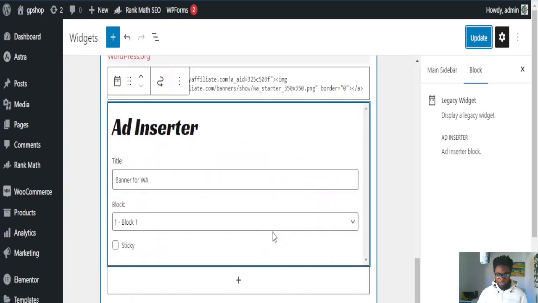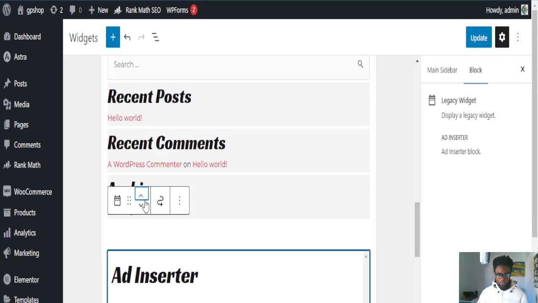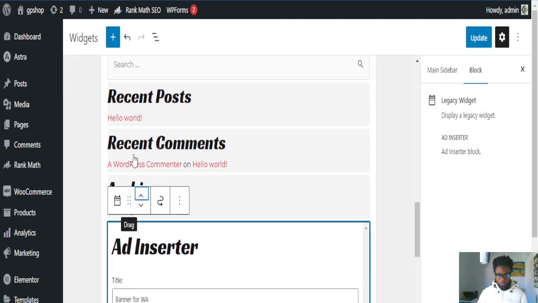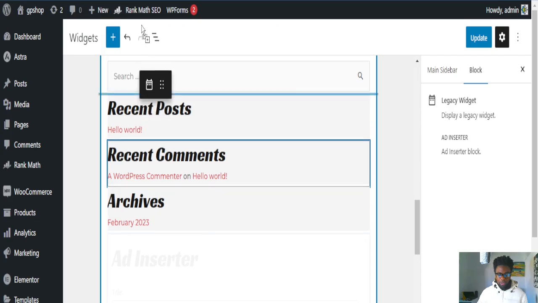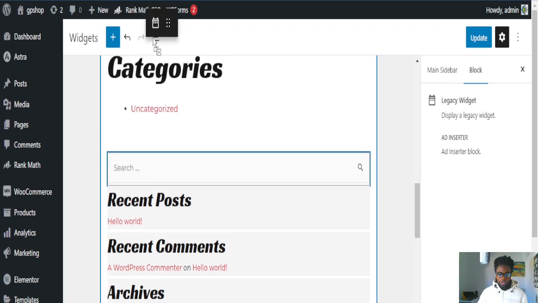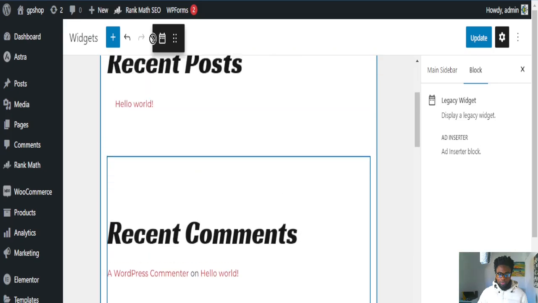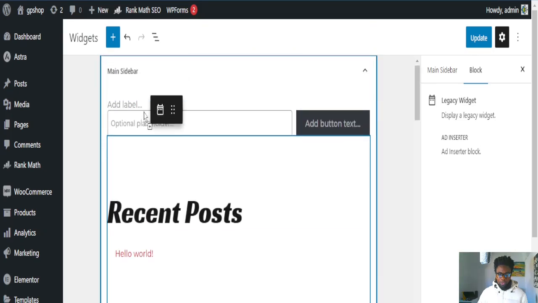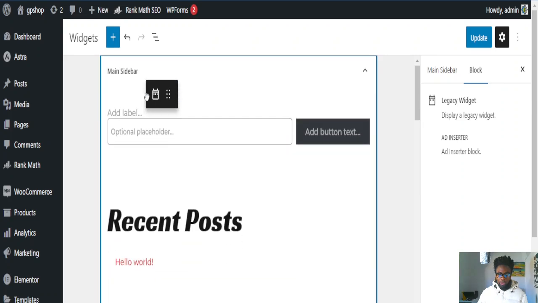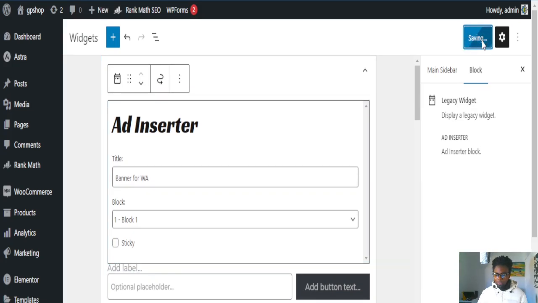So all you can do is just click here and move it there, or you can just use this. Click it there and you can just drag it up. It's going to help you drag it up. So when I drop it here, it's going to remain there at the top. So now let's update it again. Let's save it and view how it looks